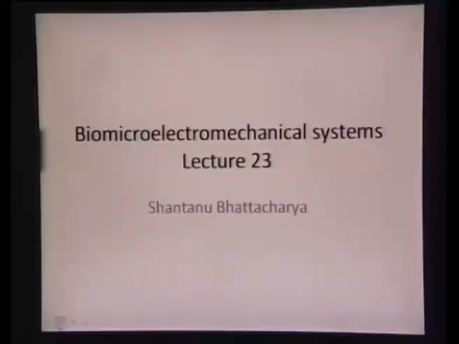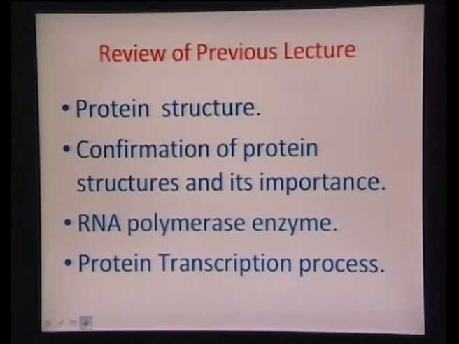So let us talk a little bit of the review of previous lectures. Last time we discussed in detail the primary, secondary, tertiary and quaternary structure of proteins, and also looked at how proteins can be formed as enzyme catalyzed processes of condensation reactions. We talked about the various conformational stages of structures that proteins have and their importance, and deciphered the importance of the R group and its categories into polar, non-polar, positive and negative charges for the final structure formulation of the protein. We then talked about